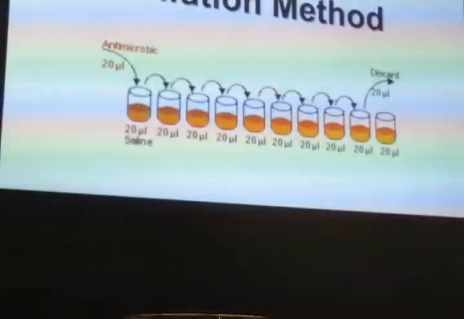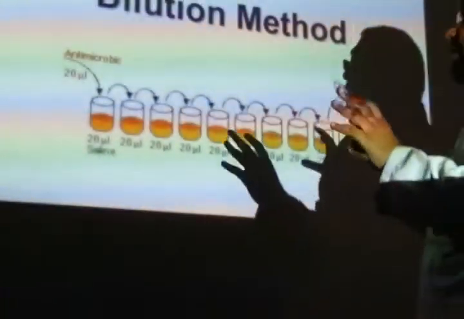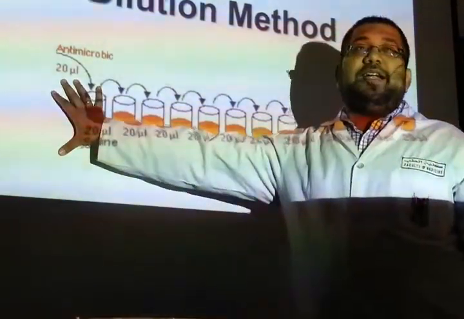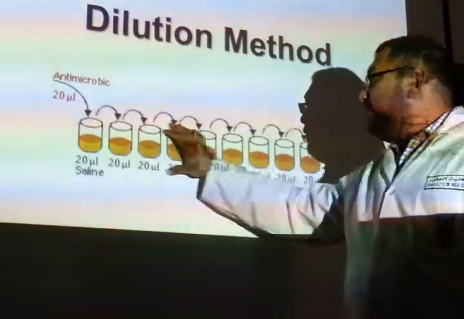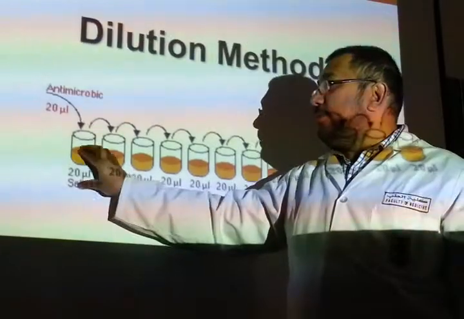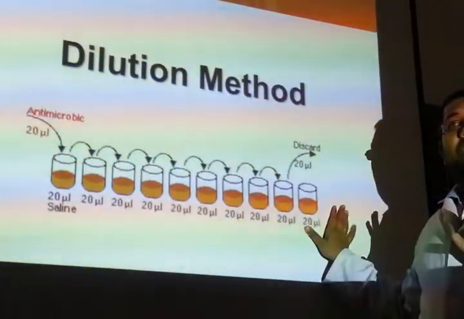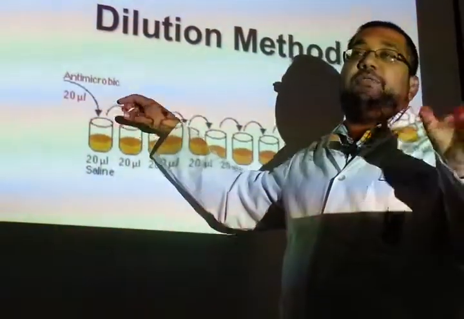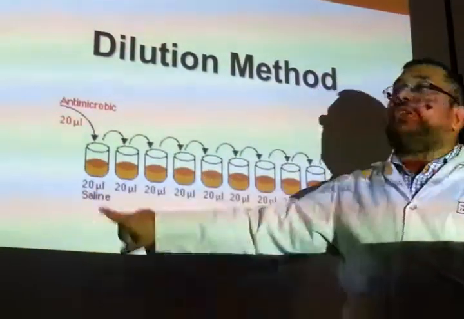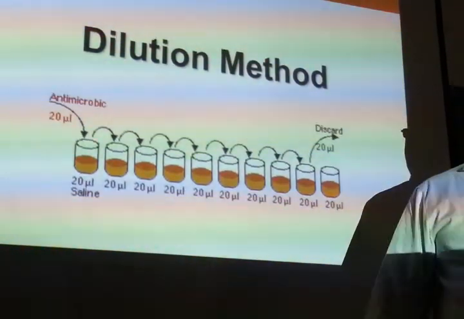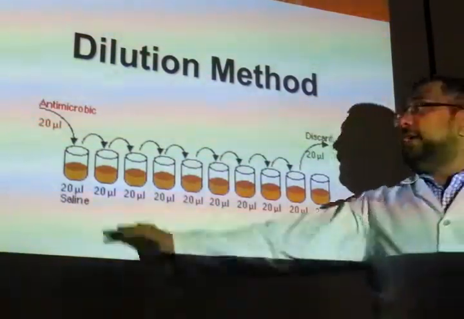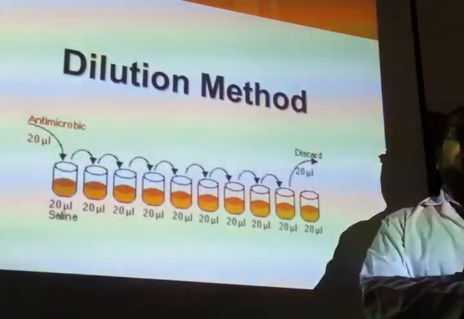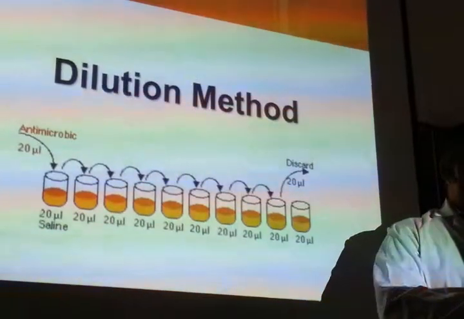Okay? Next thing, dilution method. Do you know anything about a dilution series? See, this is a dilution series or a serial dilution. What we do in that, we take all these tubes and put 20 microliter of normal saline in each of them. All are the same, no bacteria. In one of the tubes, you put 20 microliter of antimicrobial agent. So 20 and 20 make 40, and the concentration will be 50%. Okay? If I take 20 microliter from this and put it into this, it will become 40, but the concentration will be half, 25.